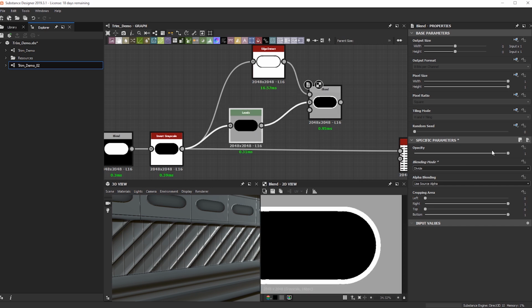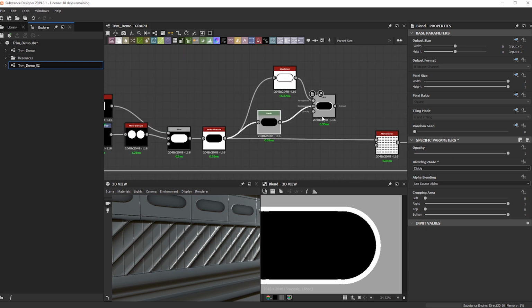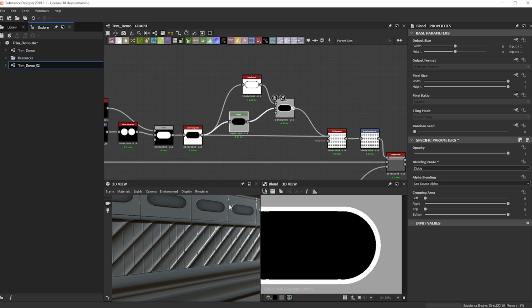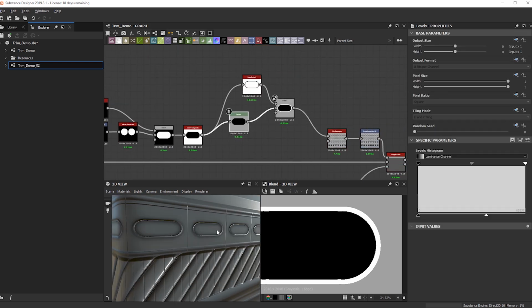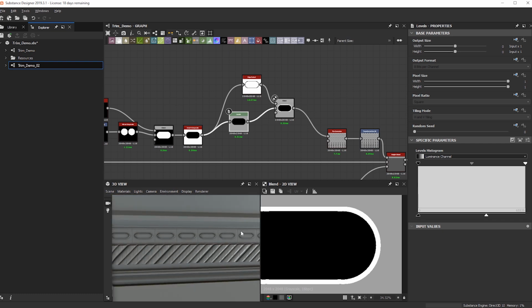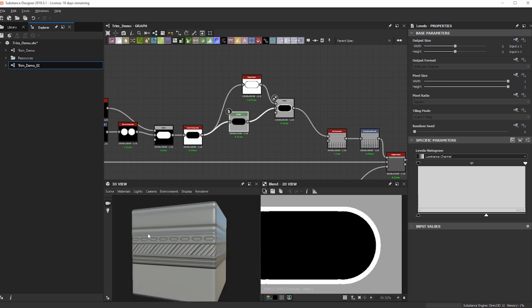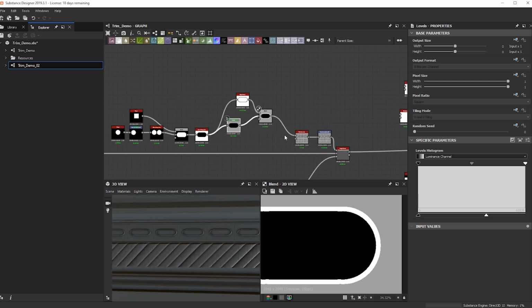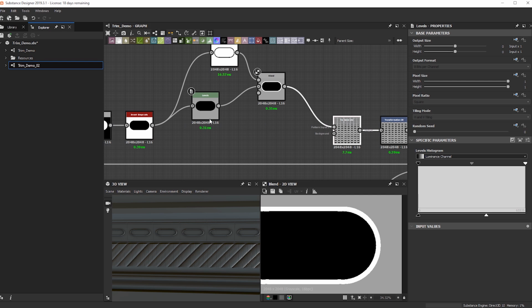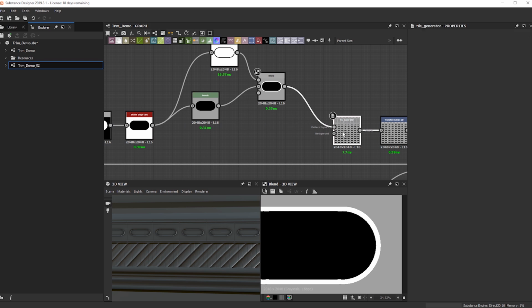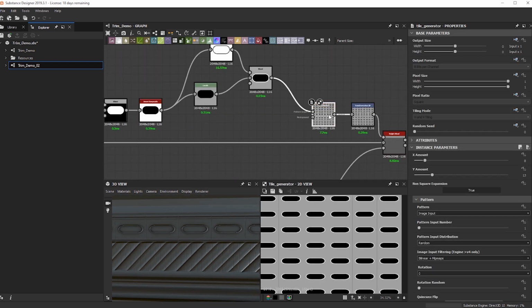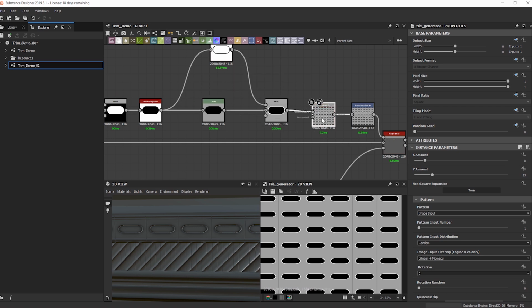So now we're able to mess with the opacity here and just see it pop up. So let's plug this guy in. There we go. So that's looking pretty cool. Maybe we can squash it down just a bit so it's not stretched. But I think the stretching is happening because of the tile generator, just the way it's being set up here.